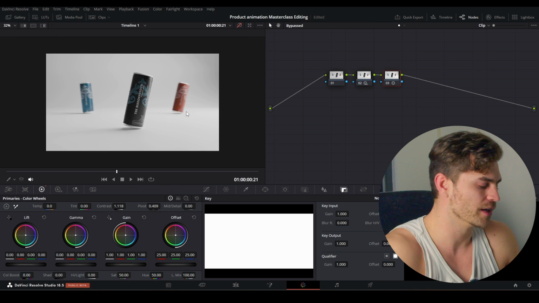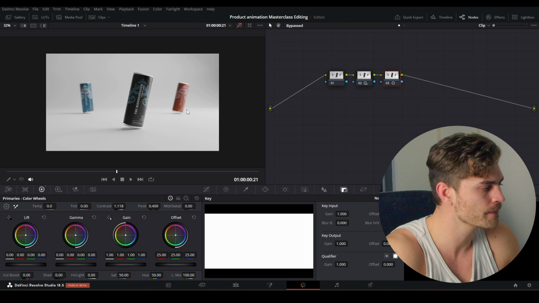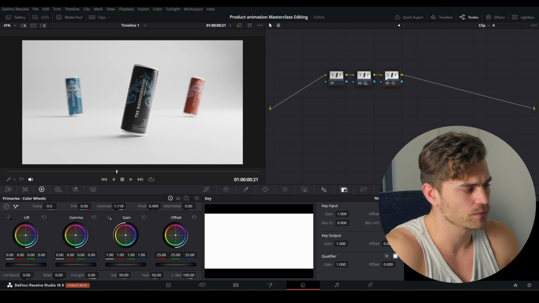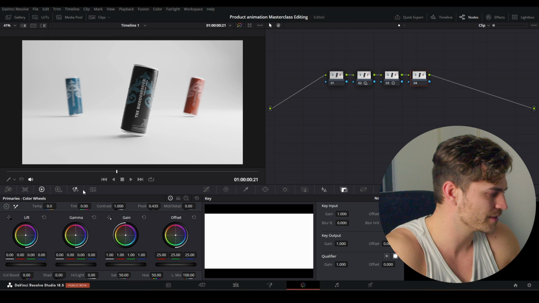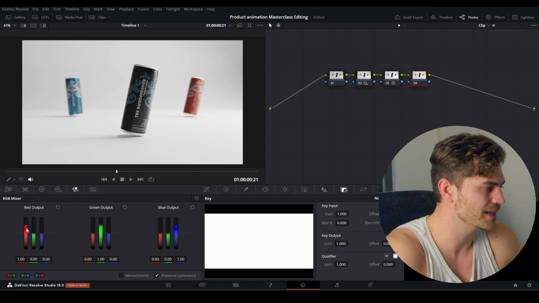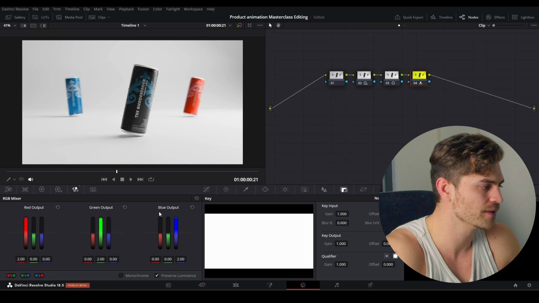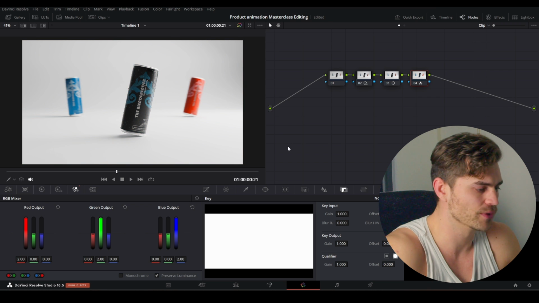And if we look at what we've done by pressing Shift D, you can already see this was pretty bland and now it's a lot more bright and visually interesting to look at. One thing we can do, and maybe I'm not going to actually do this, but let's see what it does for us. I'm heading over into this tab and I'm going to increase the red output, the green output and the blue output. And now it is very saturated.